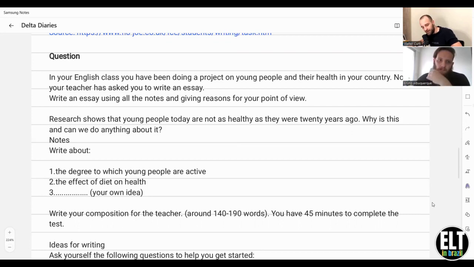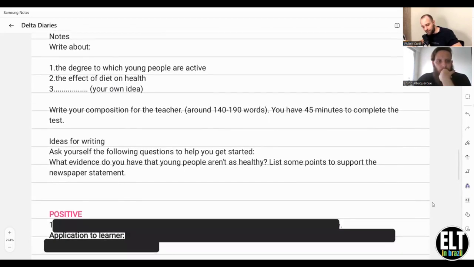Research shows that young people today are not as healthy as they were 20 years ago. Why is this, and can we do anything about it? Notes: write about the degree to which young people are active, the effect of diet on health, and your own idea. Write your composition for the teacher, around, this is important, 140 to 190 words, and you have 45